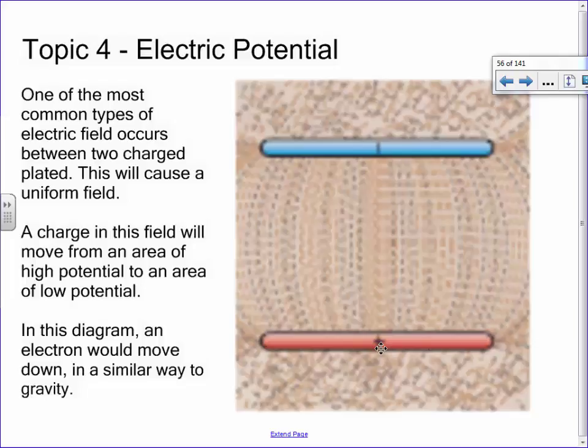Right off the bat, for you guys who took Chem 30, if I had two plates like that, what is this? It's a battery. Yeah, who said that? Good job. This is essentially a battery, where you have a positive side and a negative side. We could actually label them using their official terms in chemistry. You guys remember what they're called? Good, anode and cathode. Fantastic. And do you remember which ones are which? Negative things are anodes, and positive things are cathodes.